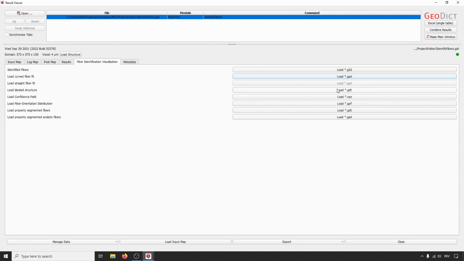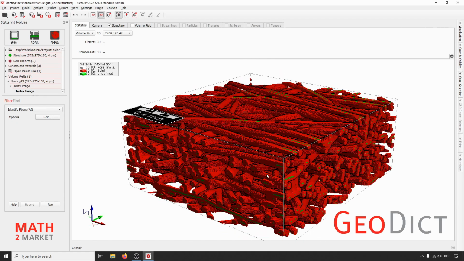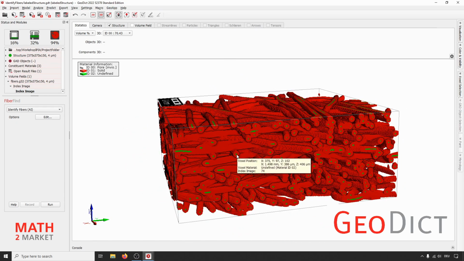Then what also might be quite interesting is to have a look at the labeled structure, because that's the basis that was computed before. And there you see really the output of the neural network, that it finds the center lines of the fibers.